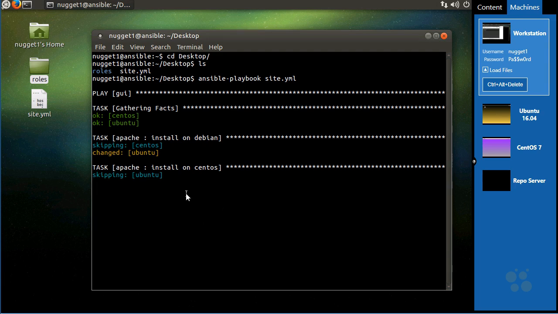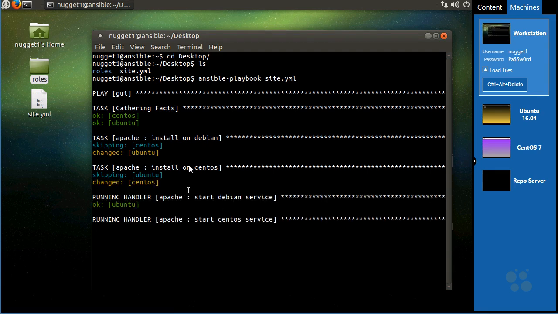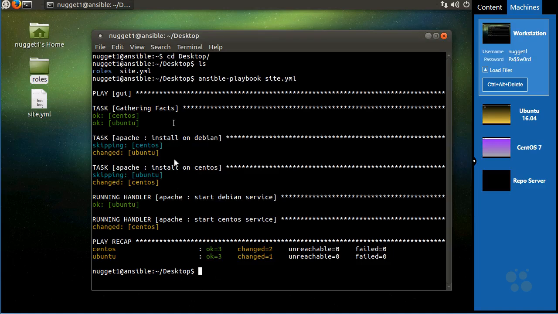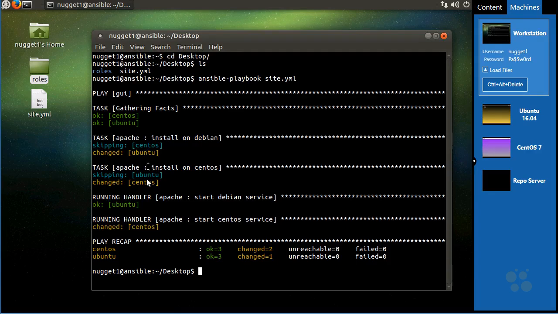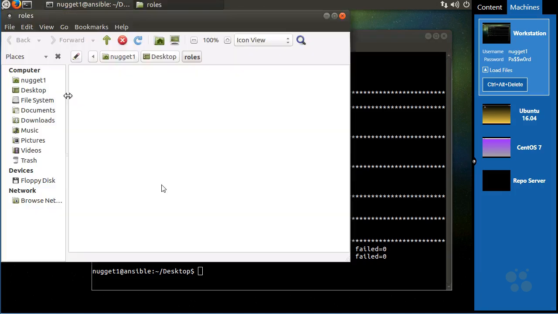So notice I didn't have any include statements anywhere. However, it's including all of those things and it's doing what it needs to do. And since I made this a handler, let's see, it actually didn't do anything on Ubuntu because Ubuntu starts the service and enables it, but this handler, it actually did start it and enable the service, so there was a change there. And up here, this is exactly what we would expect it to do if we created this really long playbook by hand, but instead, we've broken it up into roles,